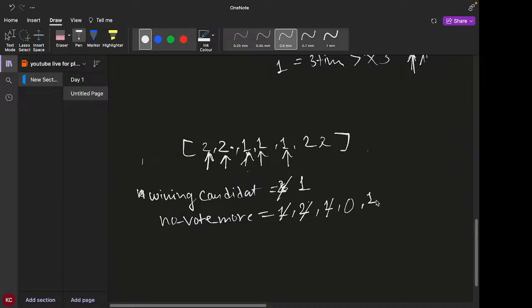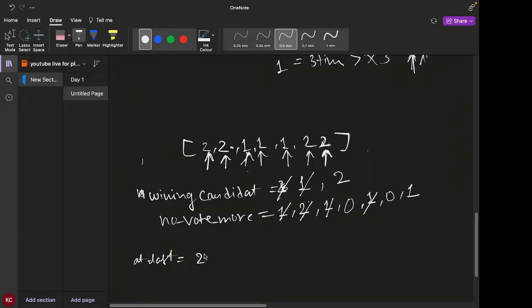Again someone came and voted for the 2, then candidate 1's vote will be cancelled out and the count will be 0. And when someone came and voted for the 2, then candidate 1 will go out and candidate 2 will become ahead of all others by 1 vote. So what we can say is that at last